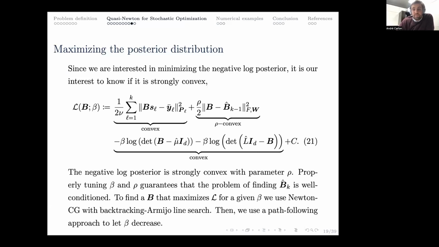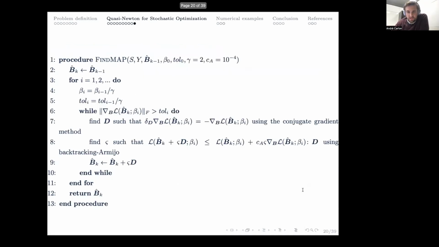If we let beta be large, then we introduce too much bias in this matrix approximation. If it's too small, then the problem gets ill-posed. So what we do is use an interior point method path-following approach, and we start with a large beta, find the solution, then we decrease beta progressively until we reach a good solution. And here is a short